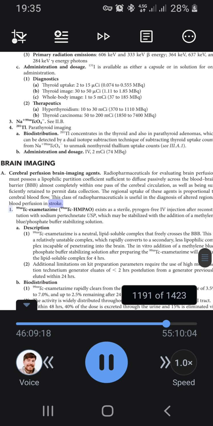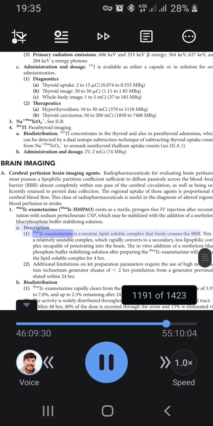1. 99mTc hexametazime. 99mTc-HMPAO exists as a sterile, pyrogen-free IV injection after reconstitution with sodium pertechnetate USP, which may be stabilized with the addition of a methylene blue phosphate buffer stabilizing solution. A. Description: